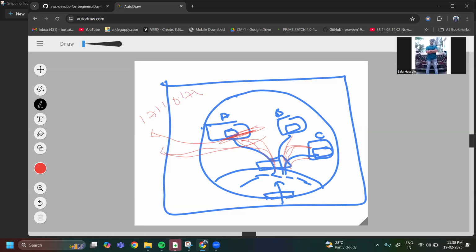Only this IP range is allowed into my application. This instance will tell you that only if you are an authenticated person, within my IP range, will I allow you to access my application.